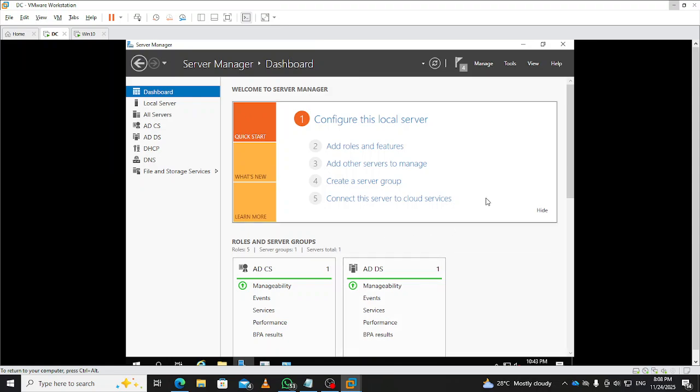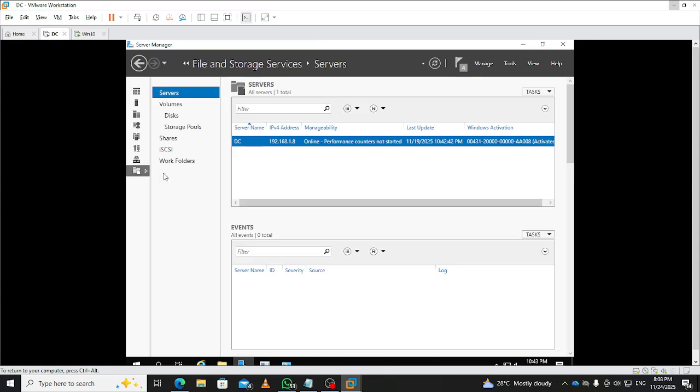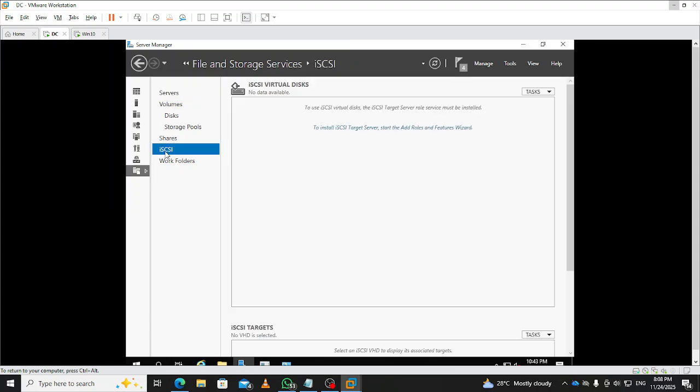So when you launch the server manager, on your left hand side we have file and storage services. We click on it, then under the file and storage services we have a list of options here. So we can see we have the iSCSI. So when you click on it, eventually you have nothing here. It says to install iSCSI target, start the add roles and features wizard,